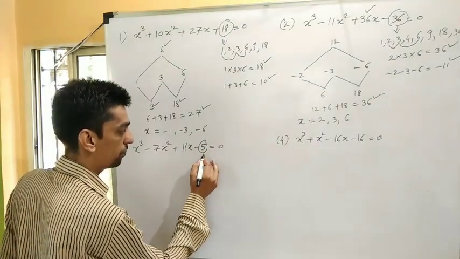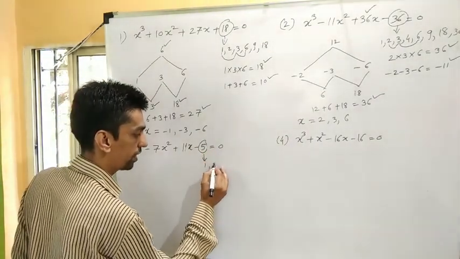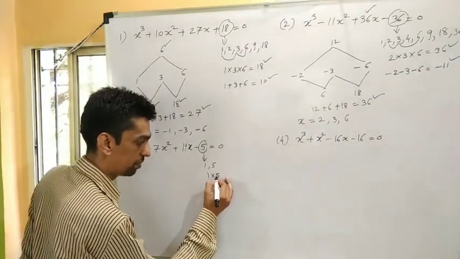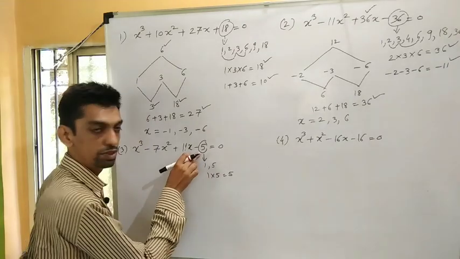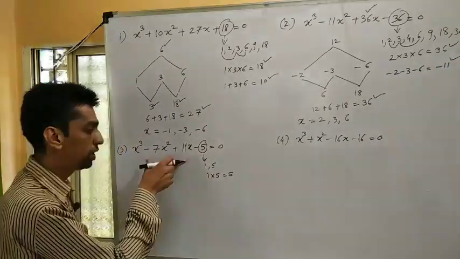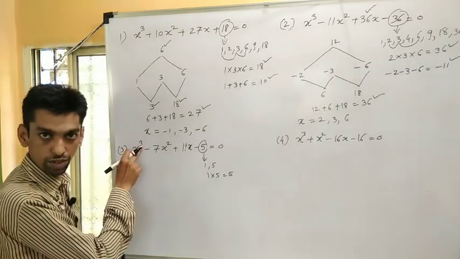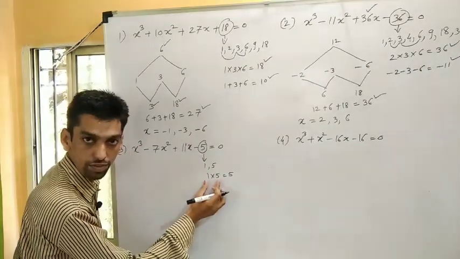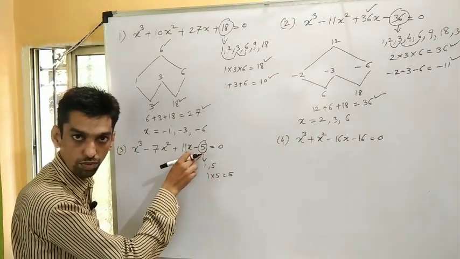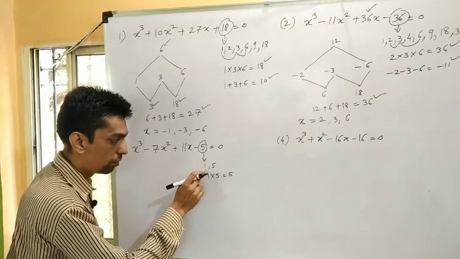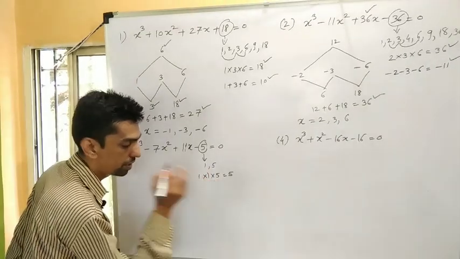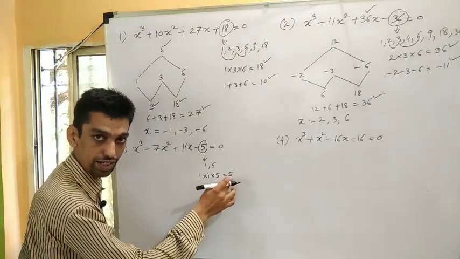Here the constant term is 5. Find out its factors. Its factors are 1, 5. If you take its multiplication, it must be the constant term of the given equation, so it is 5. But according to the given equation, it must have 3 roots. So we must take 3 numbers here in such a way that its multiplication will be the constant term of the given equation. So we have to repeat one number out of these 2 numbers. So if I repeat 1 here, its multiplication is 5, so it is satisfied.